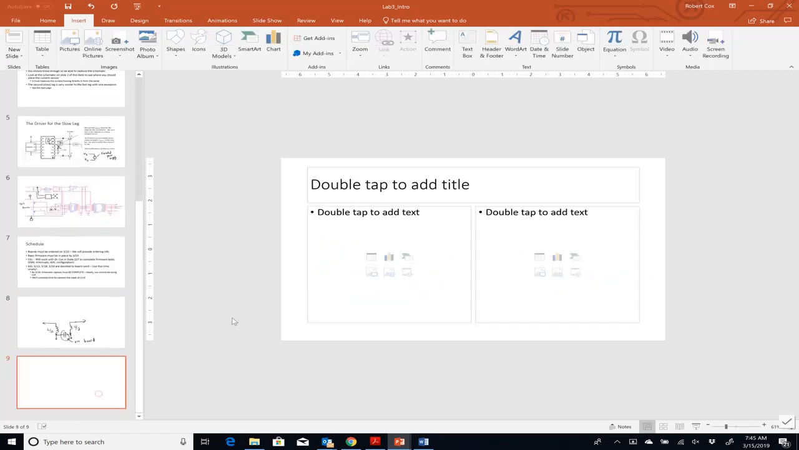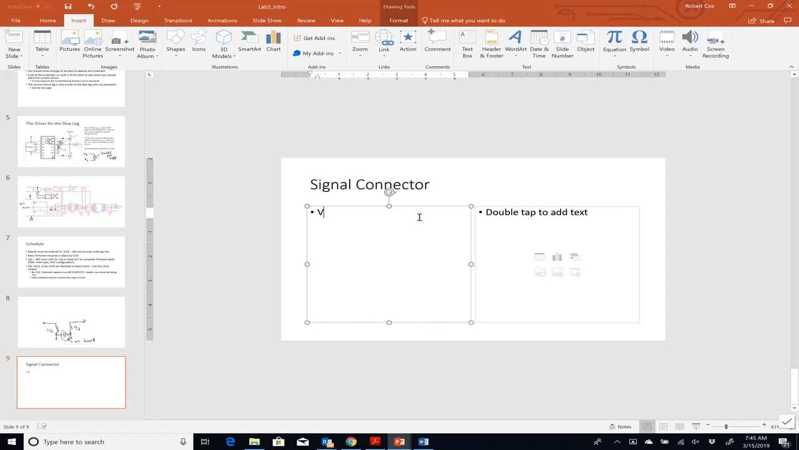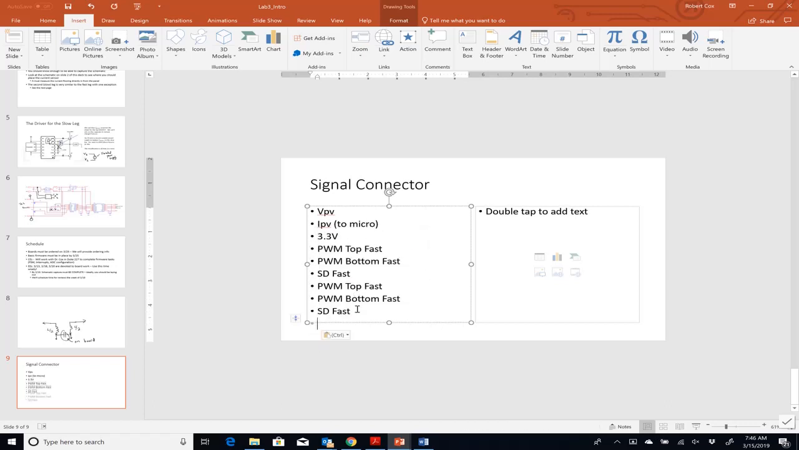So if I think about what I'm going to have, I'm going to call this a signal connector. What am I going to have? I'm going to have my V, PV, IPV. Both of these are to the micro. And then I have 3.3 volts. I'm going to have my PWM top, PWM bottom, and shutdown. And then I need to repeat that, so I need to do it for the fast side, and then I need to repeat that for the slow side. Okay, so that tells me I need 1, 2, 3, 4, 5, 6, 7, 8, 9 connections